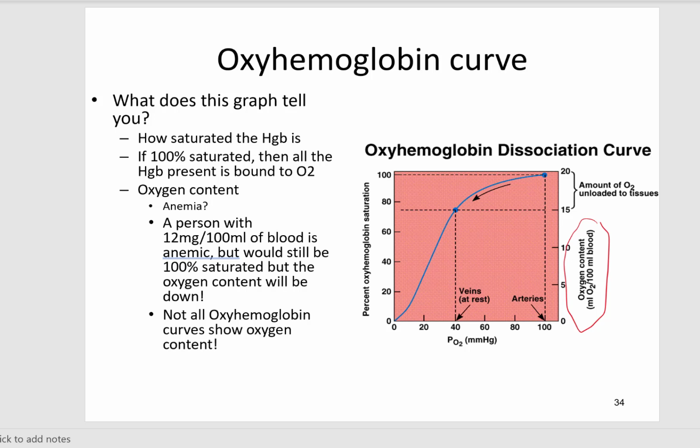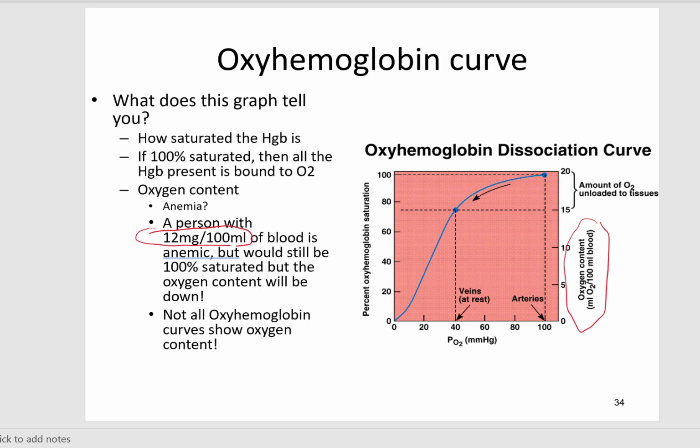The reason why I think it's helpful to have this oxygen content y-axis is to remind us that a person who is anemic, a person who has a lower oxygen carrying capacity, that is the definition of anemia, could have a hemoglobin grams percent of 12